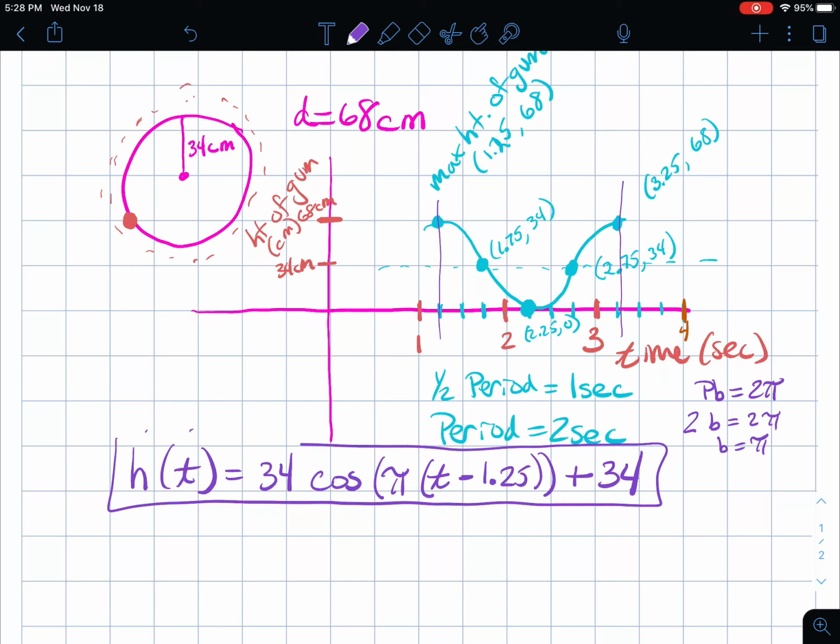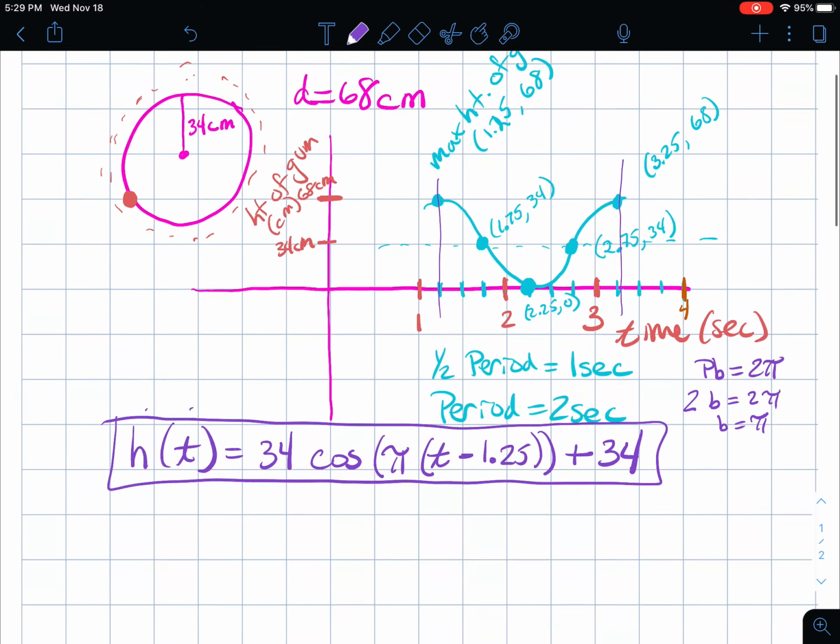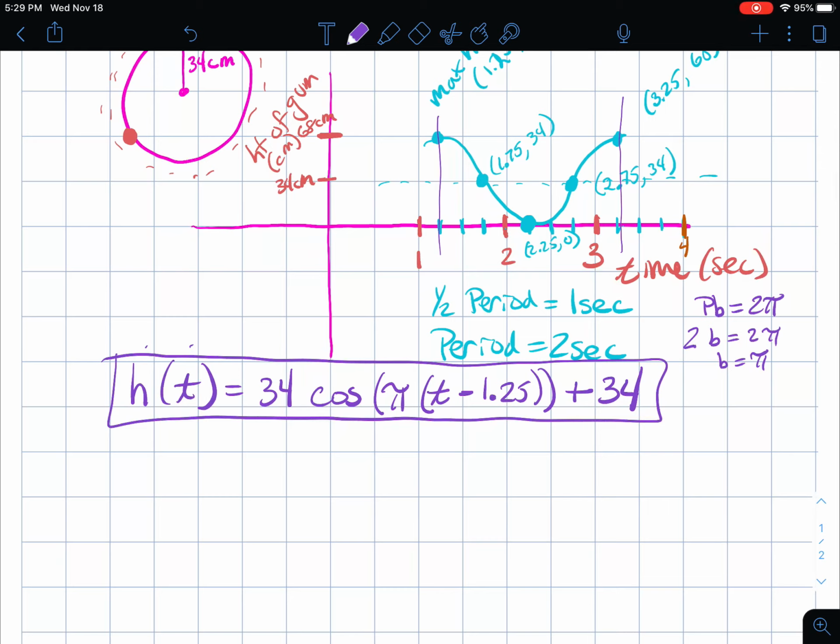Now again, you might have written this with sine. That's absolutely fine. You could write it with sine with a reflection, without a reflection. It's going to change your horizontal shift. But your b value, like I said, that b value will be the same. Okay. All right, so the next part of this is saying find the height of the gum when